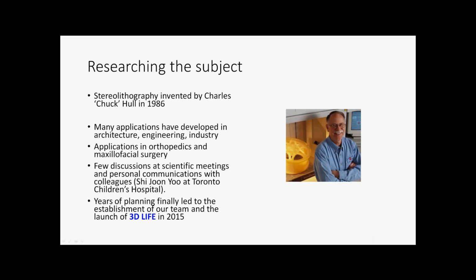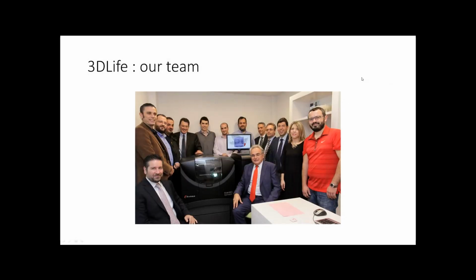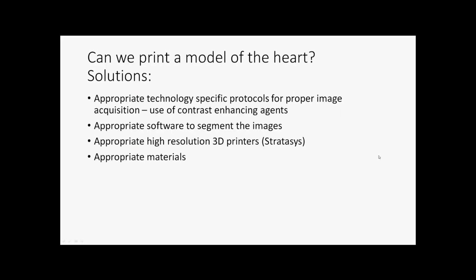So when I was researching the subject, trying to think of how we would be able to, in actual practice, have these 3D models, of course, I found initially the history of 3D printing, and discovered that there were applications for years in architecture, engineering, and industry, also applications in other specialties, usually involving bony structures, however. And after discussions in meetings and with colleagues who were also experimentally involved, we eventually formed 3D Life, which we launched last year, having assembled a large team of experts and obtained all the necessary ingredients, which involved